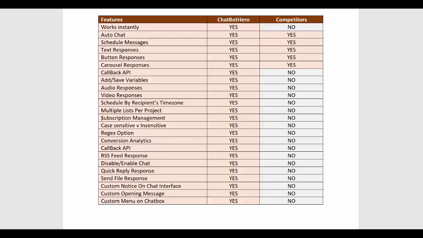Then we've got the subscription management that I just alluded to, and what that means is you can move one person to a different list simply by them typing in a specific word, or by them taking any type of action. So if they click a button, they can move from one list to another. So when they click the buy button, they can automatically go onto the buyers list and be taken off the prospect list. Similarly, you can also have in your messages, and this is quite important, a button or